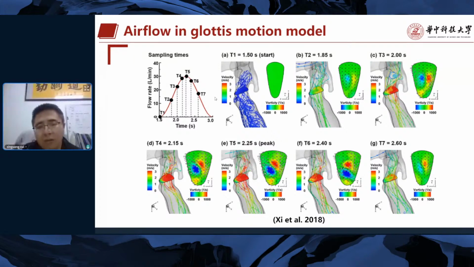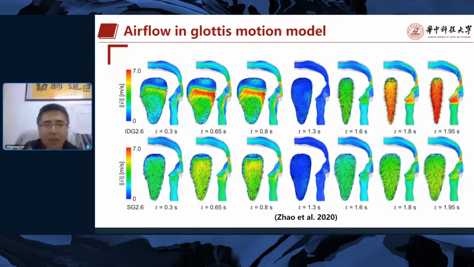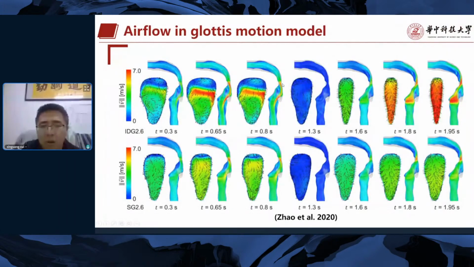In fact, recently we used some inspiration curves from clinical measurements, and this flow is also under the glottis motion, which also impacts the secondary flow distribution. You can see that there's a vortex here at time 0.3, but there's none here, and from this vortex distribution we can see that